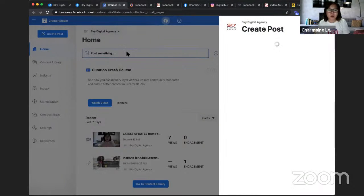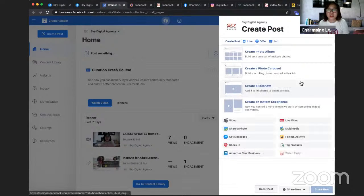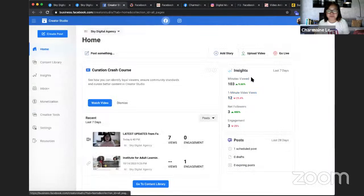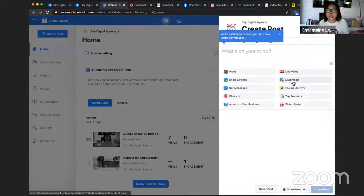So basically it's here now, under post something. And under post something, you must click on this thing called multimedia. Without clicking on it, even if you paste a link here, which previously used to work, now it no longer works. I've been trying it for a long time, but you actually need to click on multimedia. And when you click on this, they will ask you for a link. Otherwise, you can click on post something, and you click on this thing called